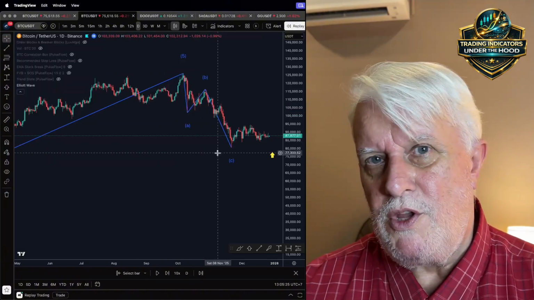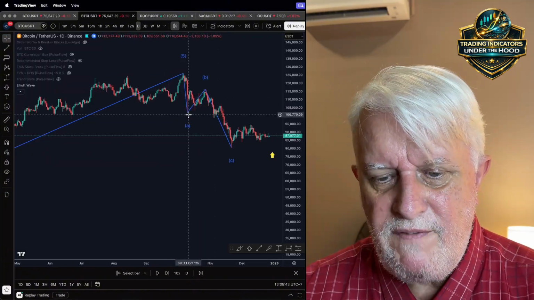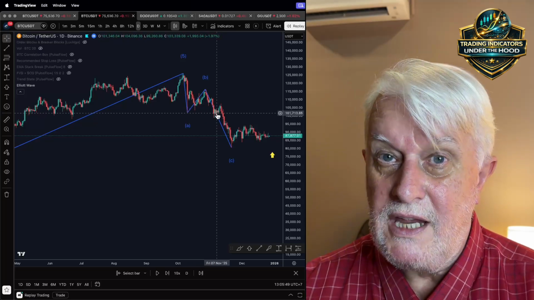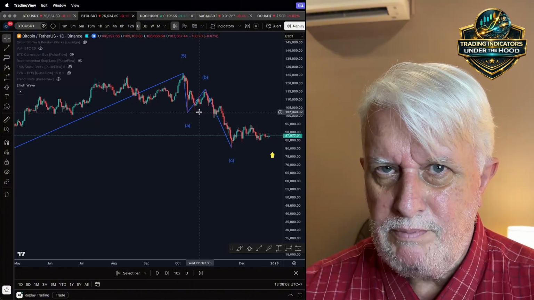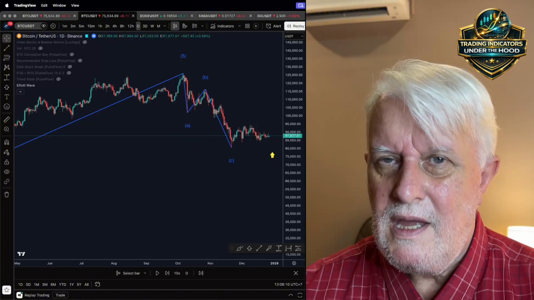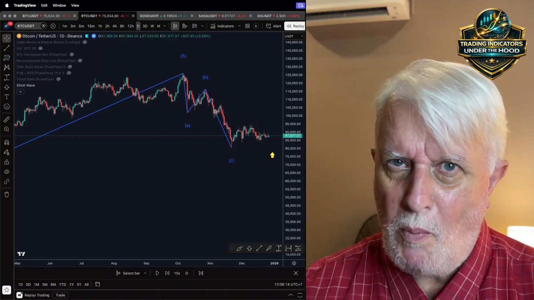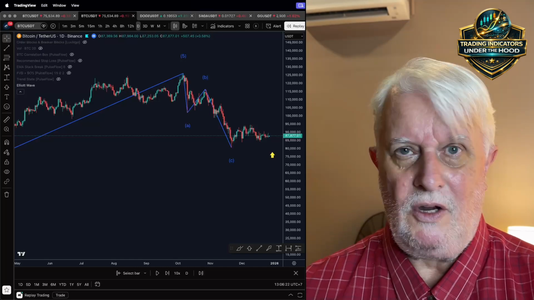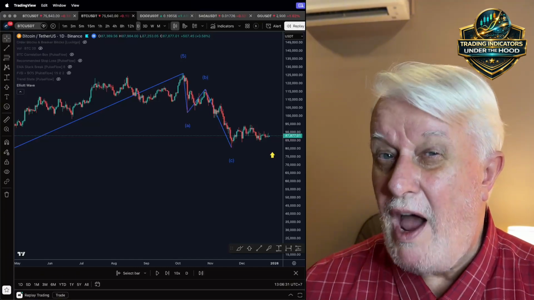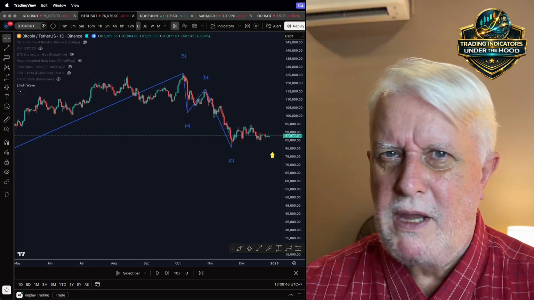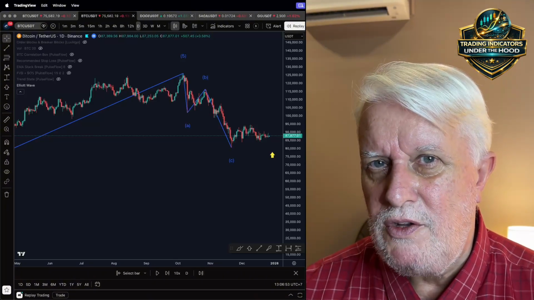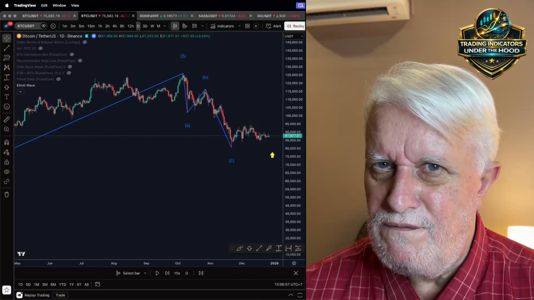And wave C is the one that really does the damage. When that wave A low breaks, the reality hits the market all at once. Wave C is typically the length of wave A, but in our case, it isn't. 8 waves in total, 1 complete cycle, and then it starts all over again. Zoom out far enough, those 8 waves just become 1 wave inside an even bigger structure. That is the fractal nature Elliott was so convinced about.